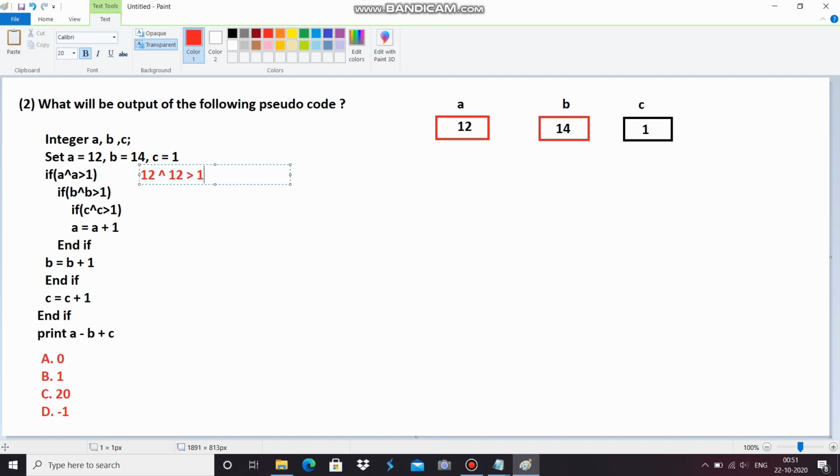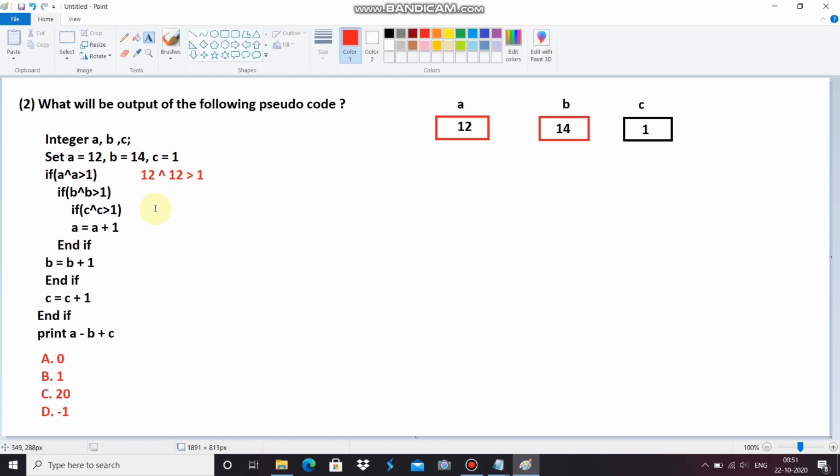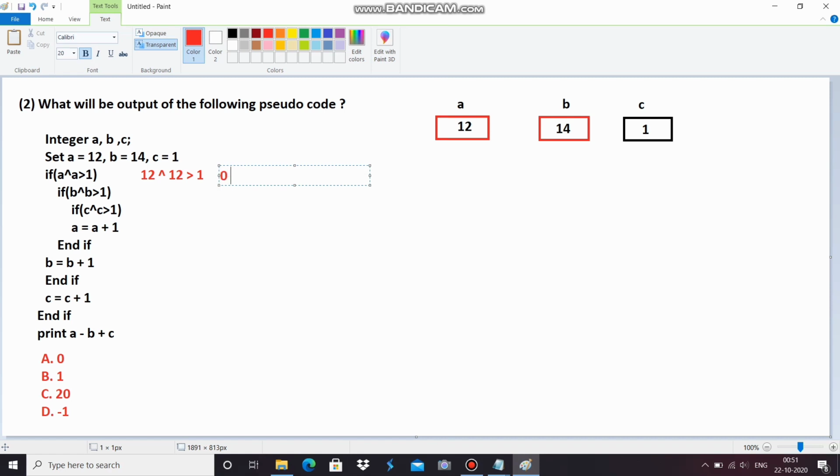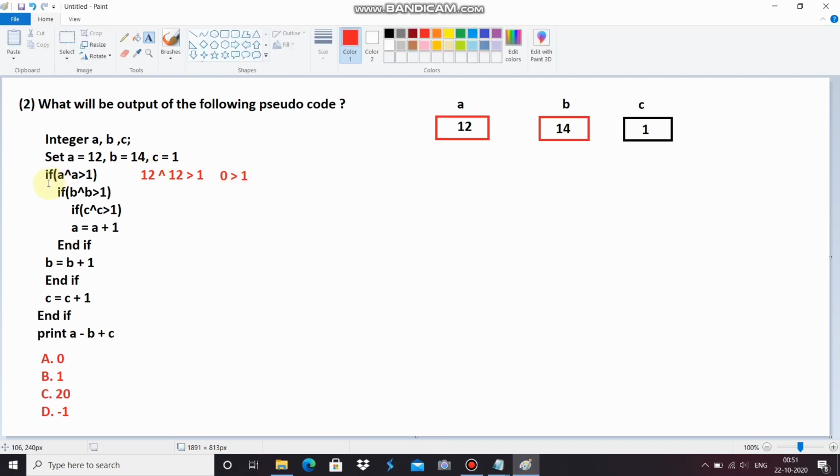It is a and 1, and always remember that in a bitwise operator if both values are the same, then the output will be 0. Now we put it 0 and 1, and then if we check it in the if condition, it will be false, and the rest of all the nested if will not be executed.